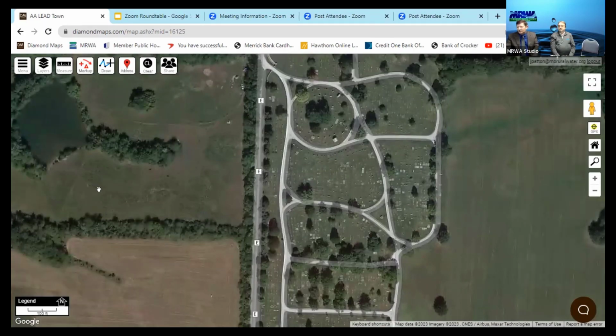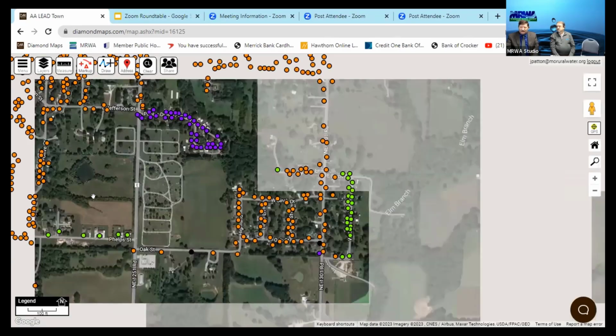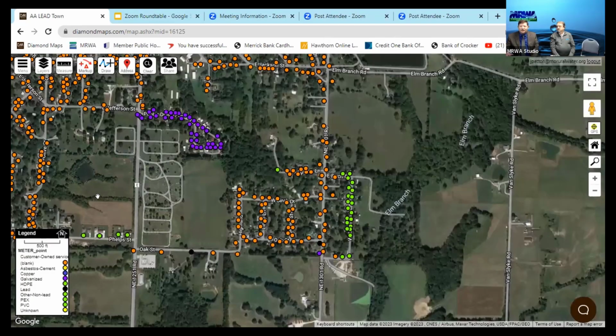I'm not going to go into a whole lot of details about this thing, other than the fact that it's available and it'll make your life a lot easier. It's a little easier to keep rhyme and reason of what you're doing with your map. Of course, if you already have Diamond Maps and you've got a map going, you're really close to having this done and being able to take off and start using it.